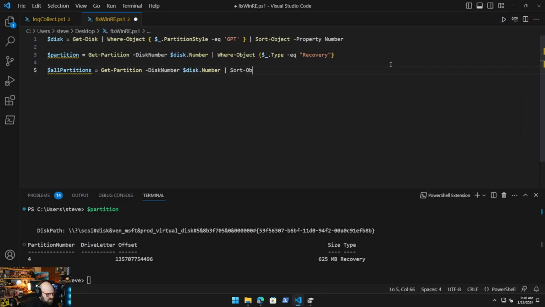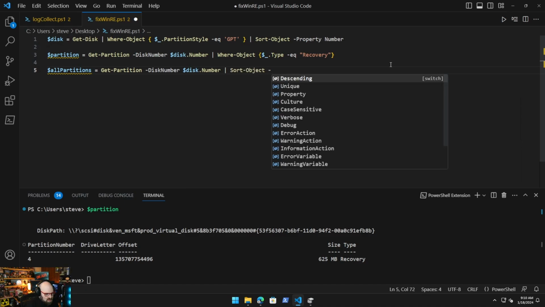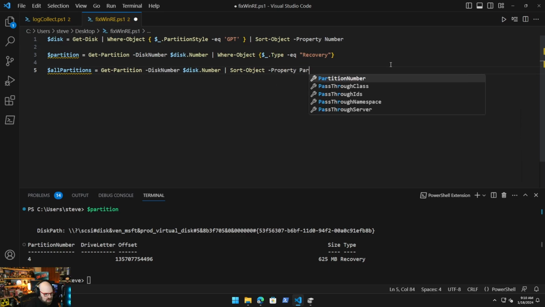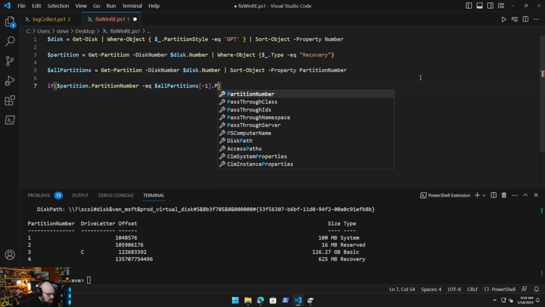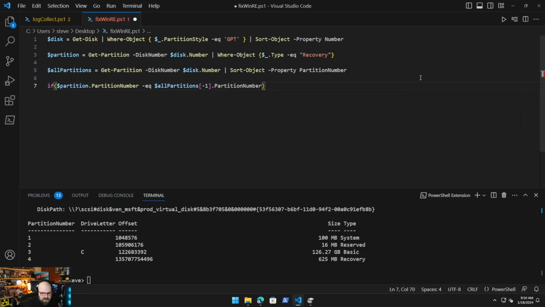Sort-Object. Why isn't it autofilling for me? -Property PartitionNumber, right? And again, in order for this to work, the partition number has to be the last one. So we would need to check that. So we would have to say if $partition.PartitionNumber is equal to $allPartitions[-1], meaning the last one, the partition number, meaning if we're looking for if it's the last partition number,